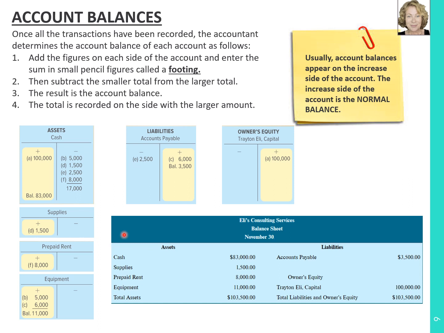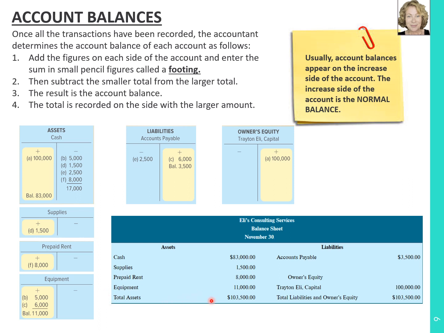So, all right, let's start with the header of the balance sheet. So a balance sheet header has, as we discussed in Chapter 2, the name of the business, the name of the financial statement, and the time period. On the left side, we have the assets listing of the cash, supplies, prepaid rent, and equipment. The assets total